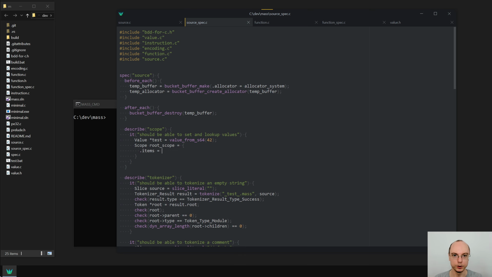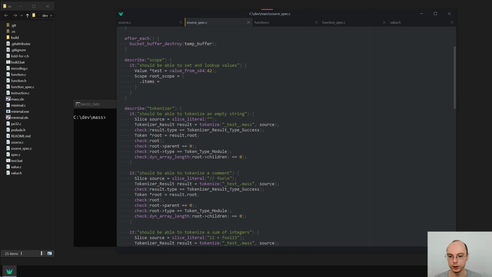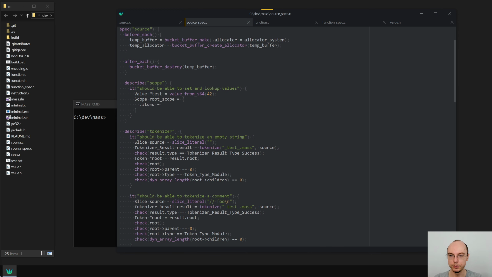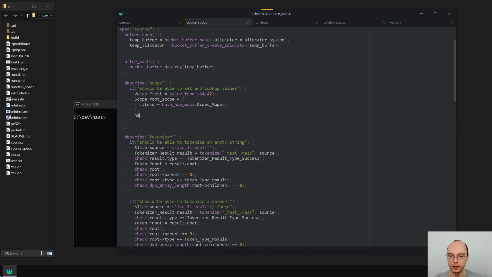We'll figure out if we want a custom initializer function later on. For now, this is perfectly okay. And items is a hash map make of scope map. Okay, now we can say hash map set